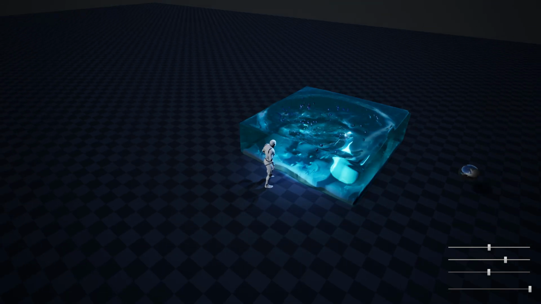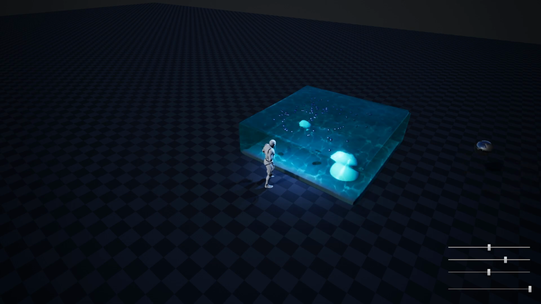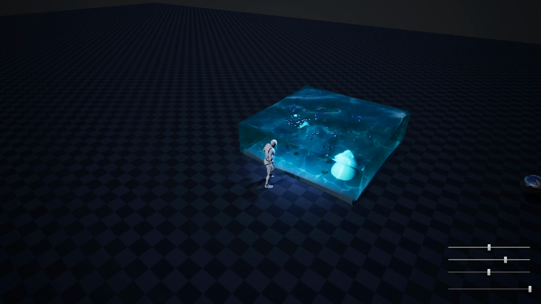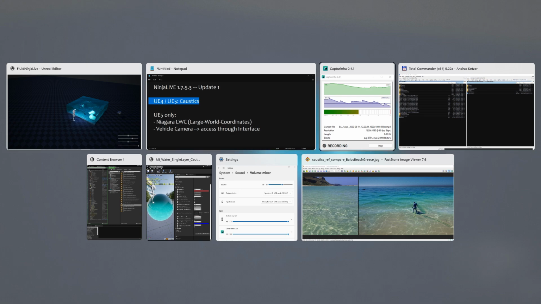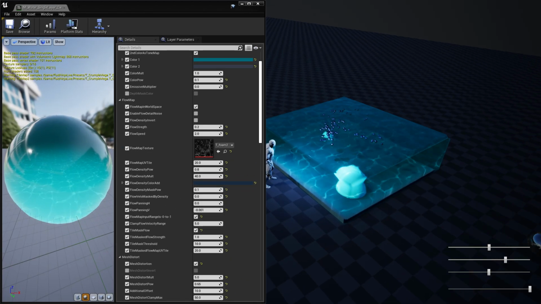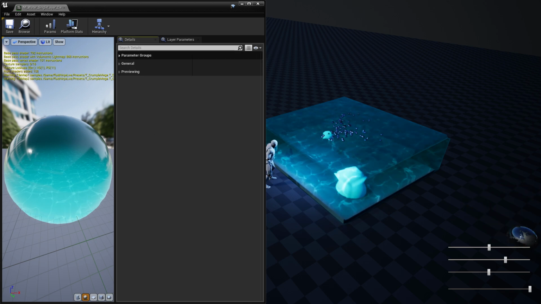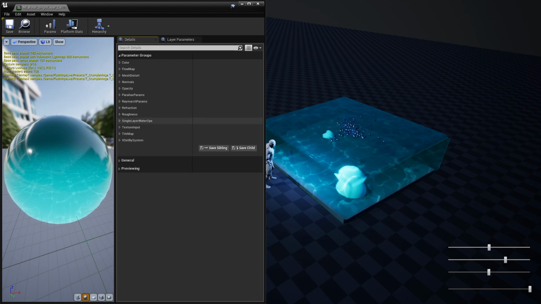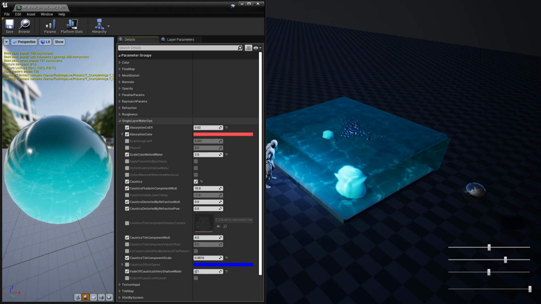And let me pop in the material which is controlling this scene. Here we go. In the material, I'm closing all options and going to the parameter groups. You see single layer water options, and here is this new section called caustics.